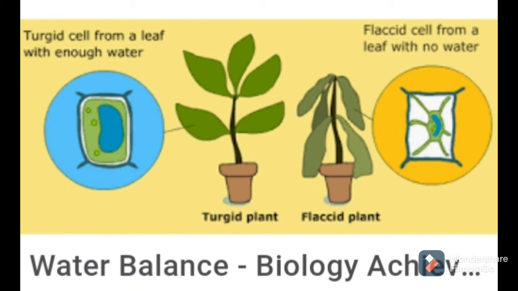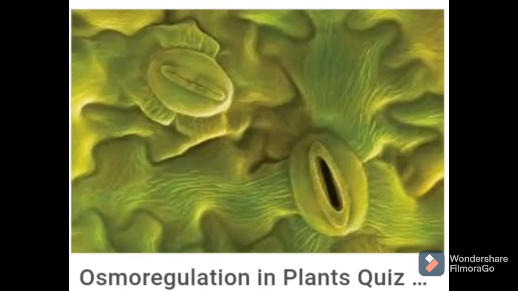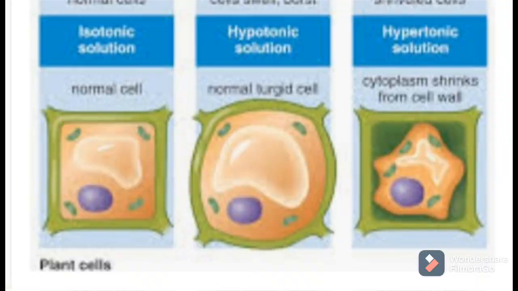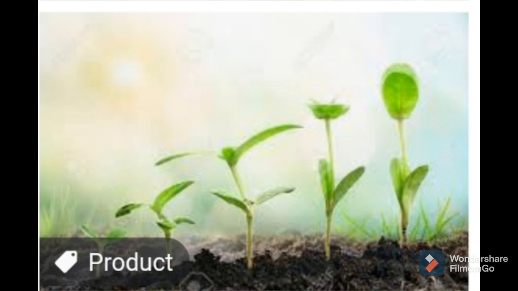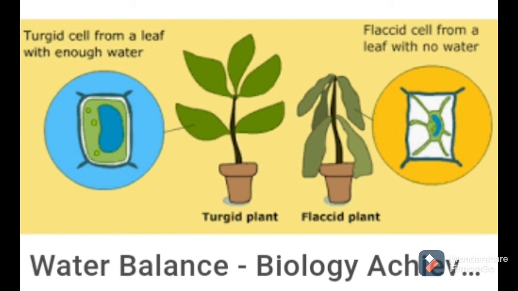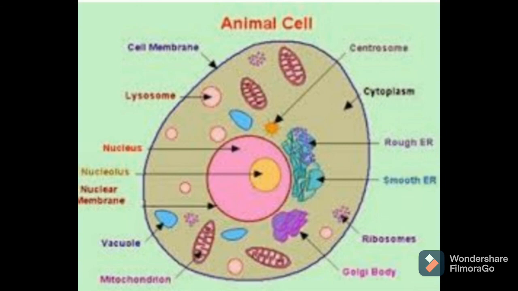Then in plant cells osmosis occurs continuously. What is osmosis? Osmosis is nothing but absorption of water into the cell, and because of osmosis the size of the cell increases and cells become turgid, and to maintain this osmotic pressure vacuoles help. Also, vacuoles help in the growth of plant parts by increasing in size and causing cell elongation. When the parts of plants increase in size, cells also get elongated. So to maintain all this pressure and water balance, vacuoles help in plant cells.